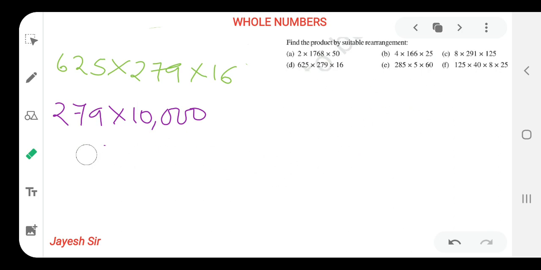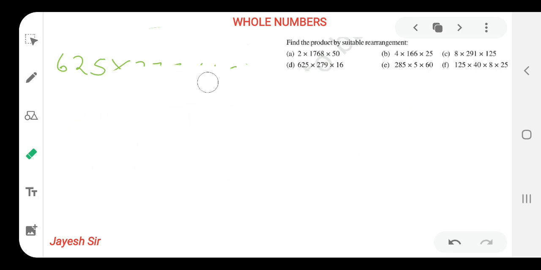The last two sums I will solve with the proper method. Only one step was missing till now, so let's complete it and we would be able to solve it easily. Yes, friends. Now in sum number fifth sum.